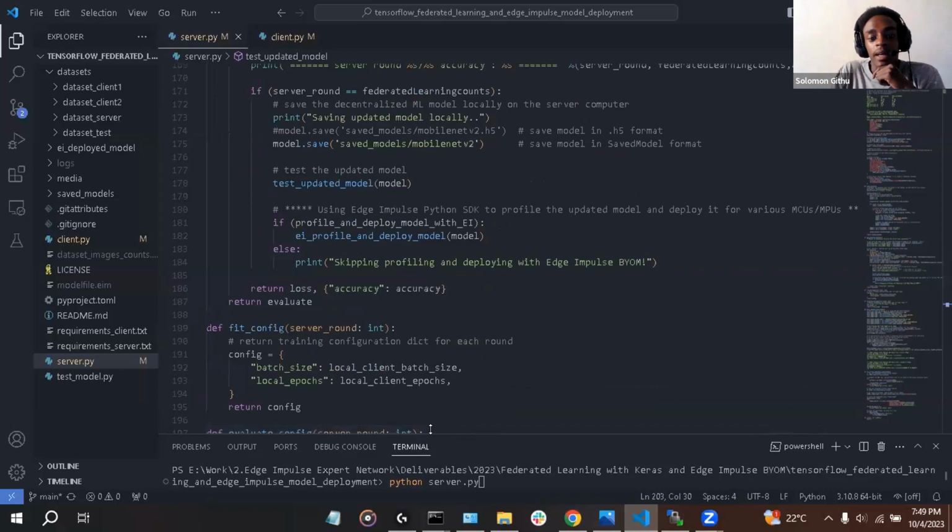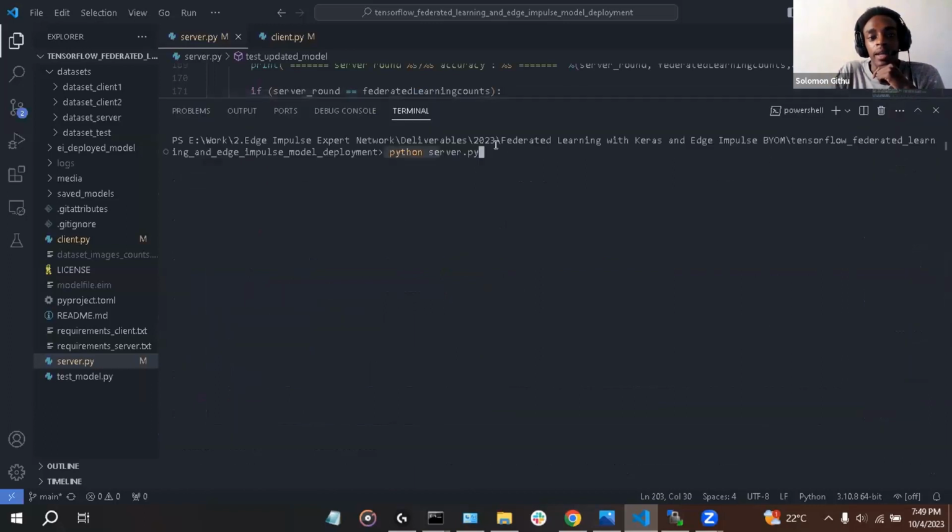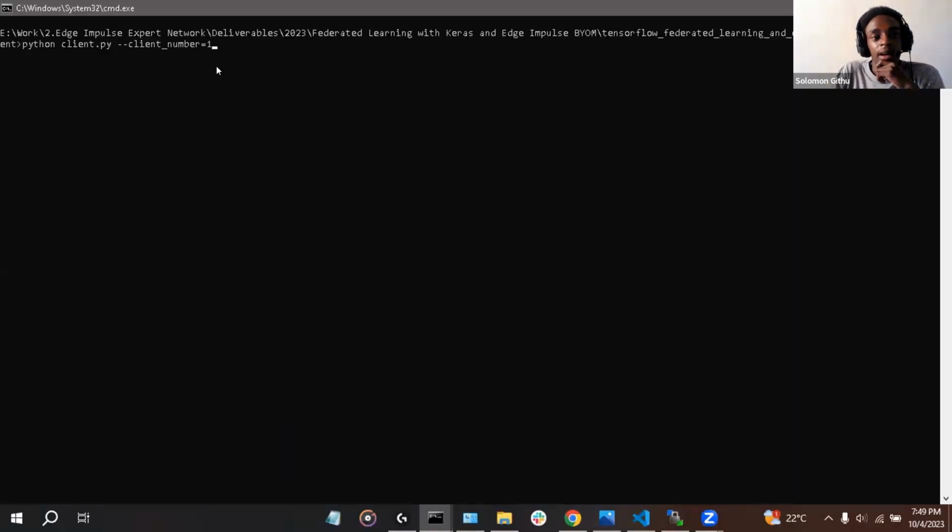So what we can do to start this federated learning is we can run Python server, we can run the server.py script. So I will start the server script over here. And then on my computer, I will start the client script. And remember, we have an argument client number that we can use to load a dataset for individual client. So in this case, I want my computer to be the first client. So I will pass the client number argument, I will pass number 1 to specify that this is the first client and it will load the first folder.